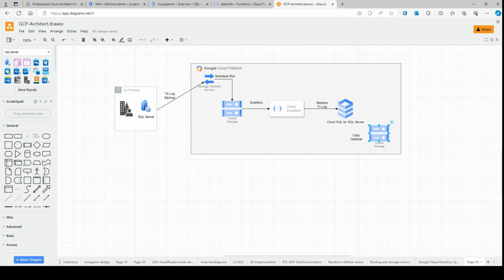So basically, this particular function checks the progress of the restore operations, and if the restore operation succeeds, it deletes the files from the source bucket, right? And optionally makes a copy to a second storage bucket. Okay, so this part,